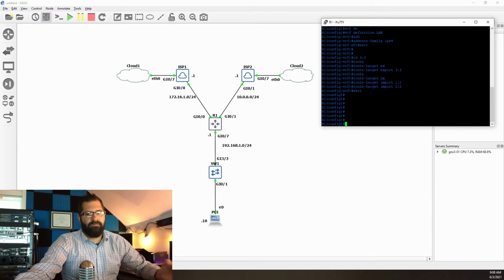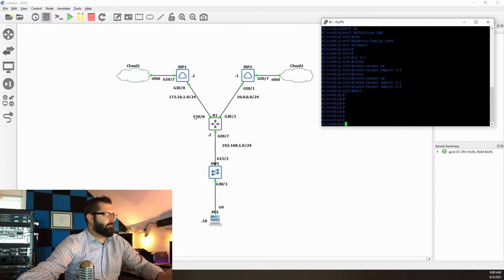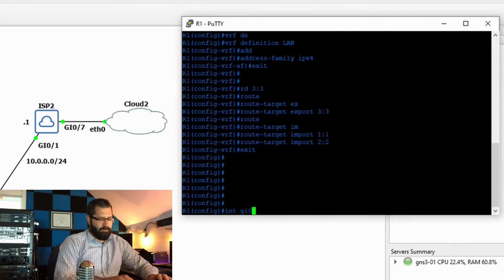Okay, so the VRFs have been configured. The next thing I'm going to do is move to the individual interfaces and apply those VRFs to the corresponding interfaces. So we'll start with gig 0/0 for ISP1, move over to gig 0/1 for ISP2, and then gig 0/7 for the LAN. So I'll say interface gig 0/0,